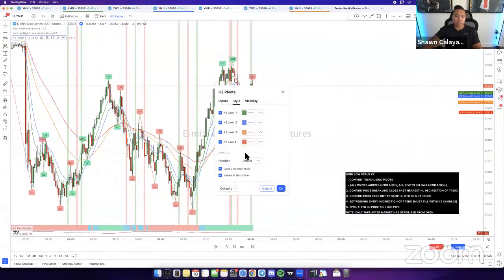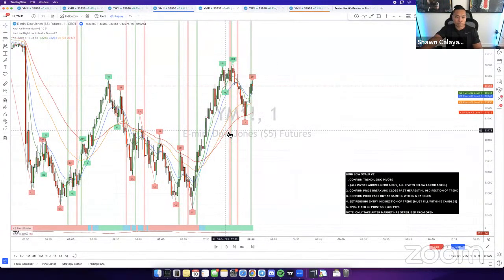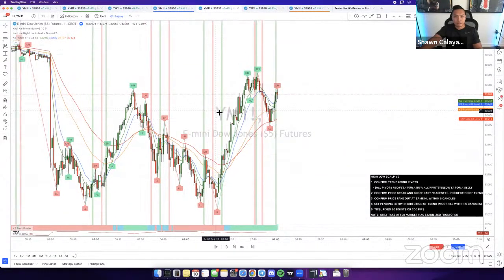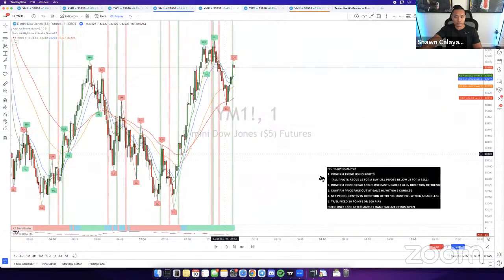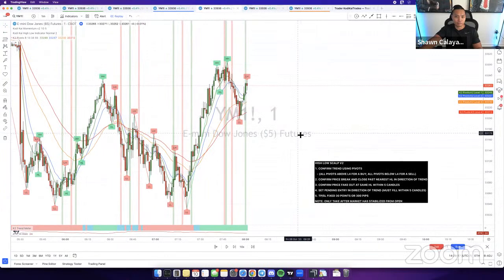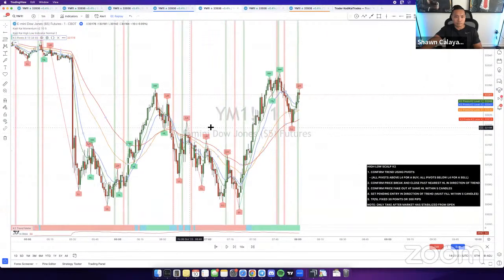I don't want to call it by color because different people color these pivots different colors. So I'm going to call it level 4. Level 4 basically has to be below all the pivots for a buy. And in order for you to look for a sell, level 4 has to be above all the pivots. So does that make sense, guys? If there's any confusion, let me know. But you're basically just looking for level 4 to be below all the other ones for a buy or above for a sell. And it's pretty self-explanatory.